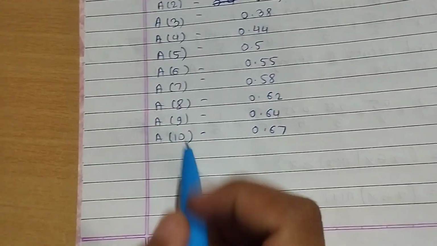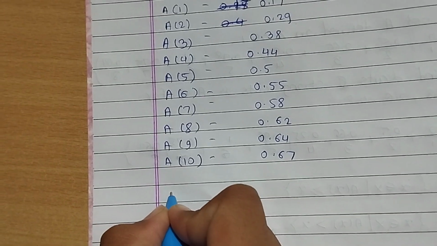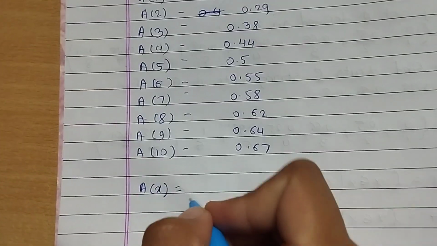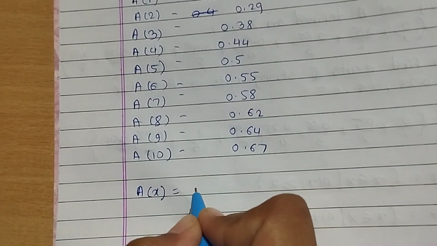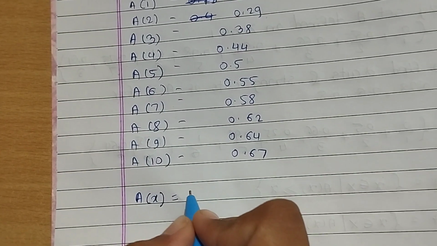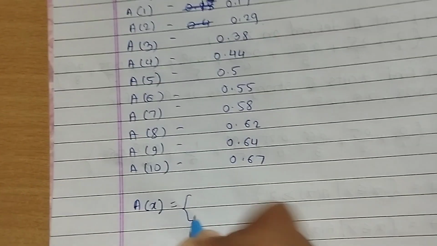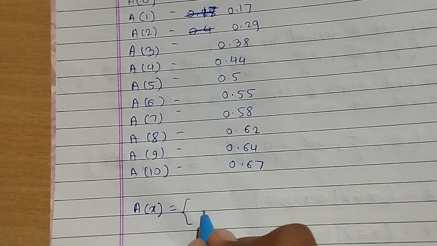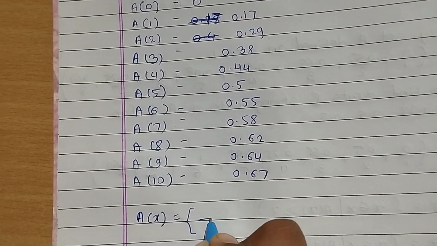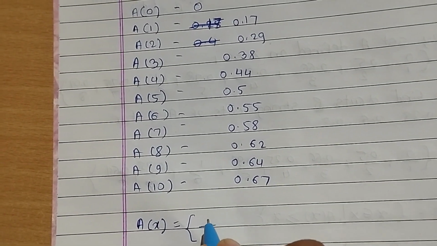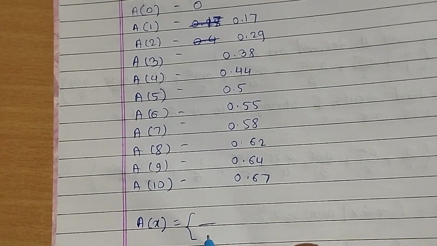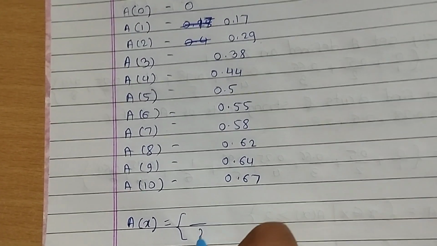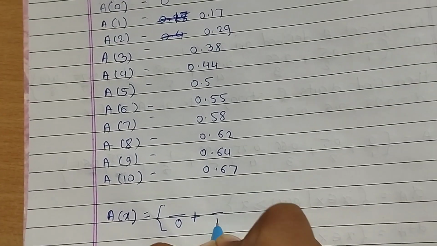Now we see how to write the fuzzy set. Write the fuzzy set in the form of numerator and denominator. This is the easy way to understand the fuzzy set, so that's why I prefer to write the fuzzy set in numerator and denominator form. As we know, in the numerator we always write the image values, and in the denominator we write the values of x. So quickly, first we write all the values of x plus